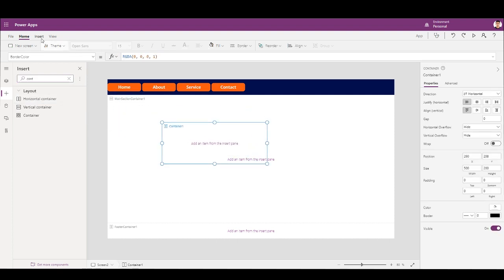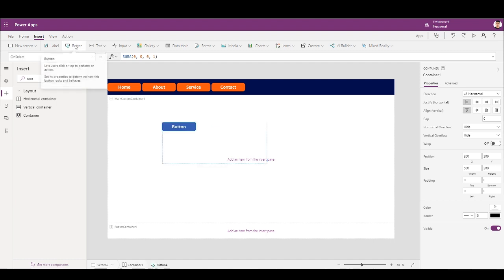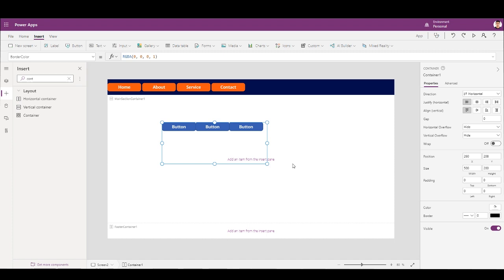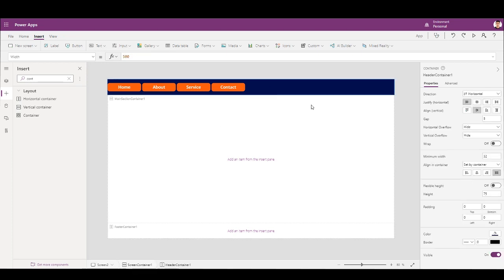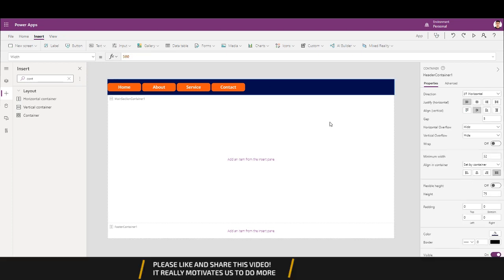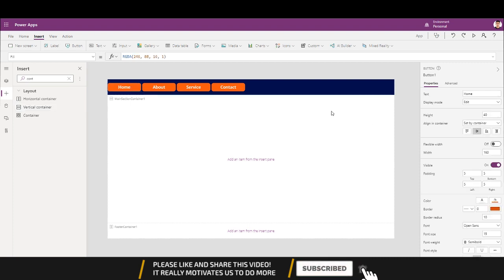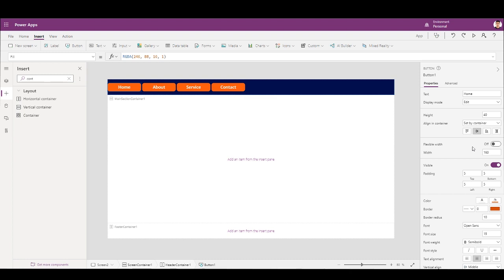So if I put some buttons inside it, and wrap is set to on, when I move this, it will fall something like this. Same goes for here.